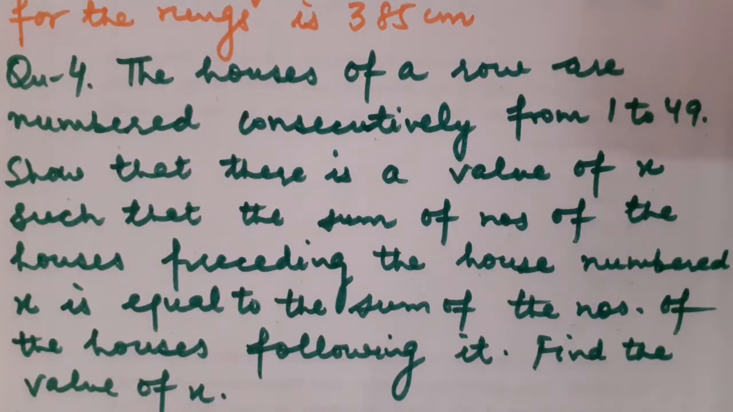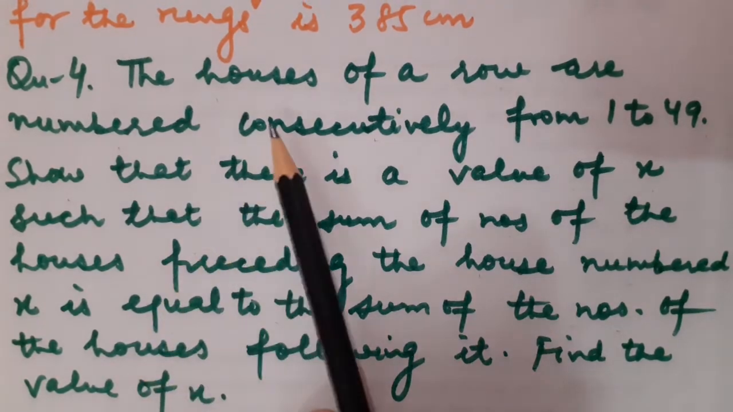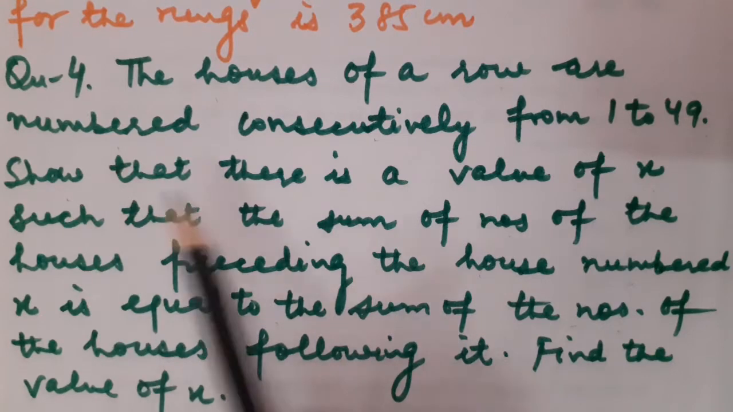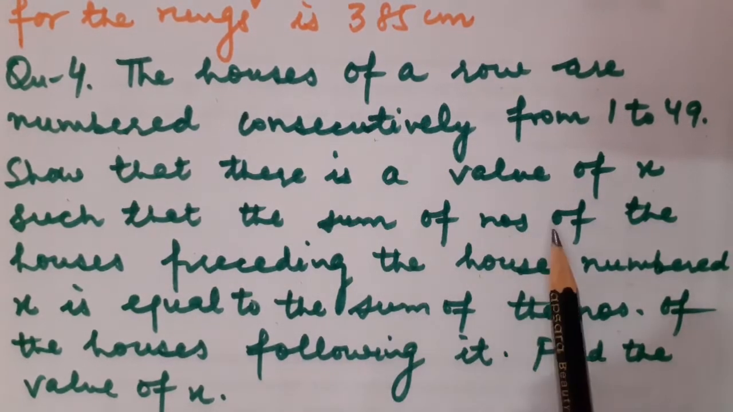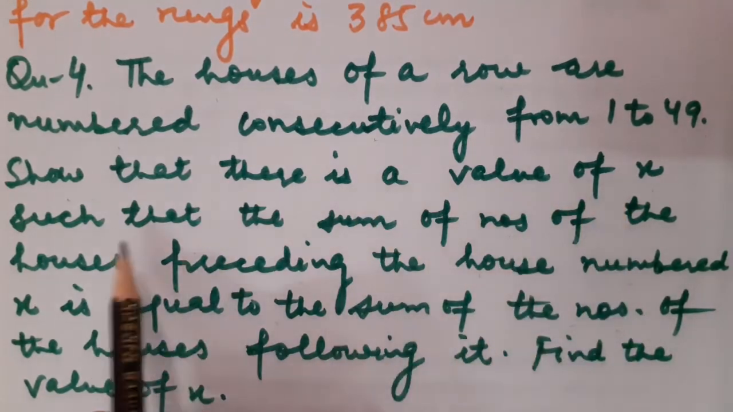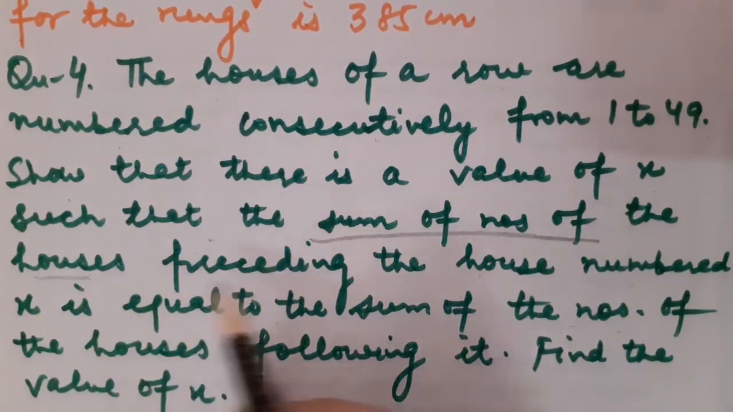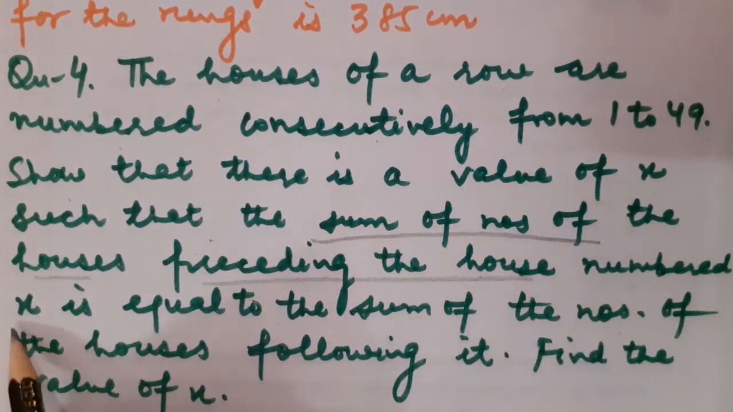Before I switch to the solution, first of all, please understand what the question says. The houses of a row are numbered. There are a total of 1 to 49 houses in a row. Show that there is a value of x, such that there is one house number x also from that 1 to 49, such that the sum of the numbers of the houses preceding the house numbered x